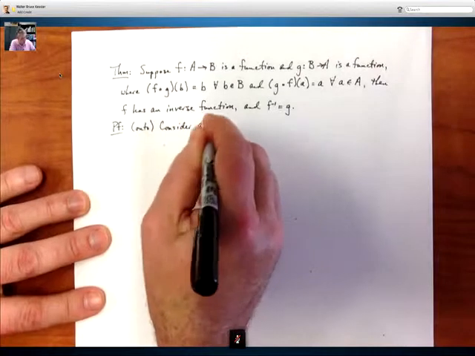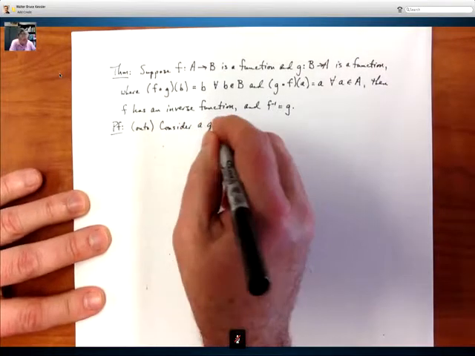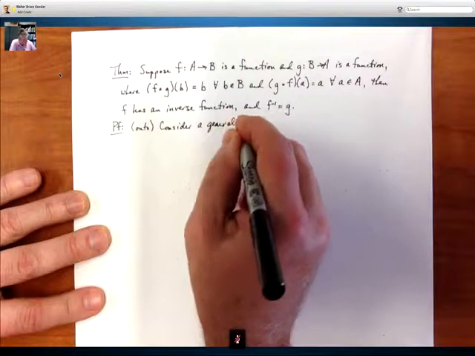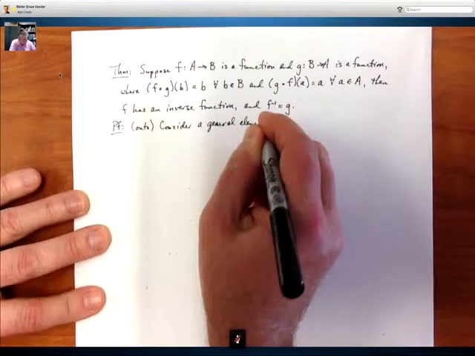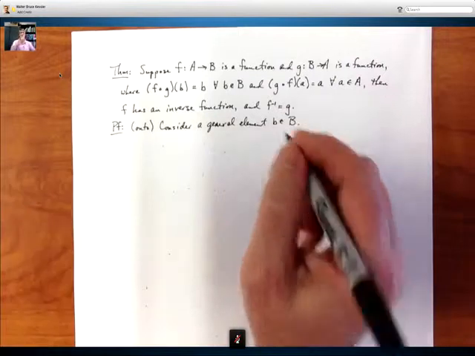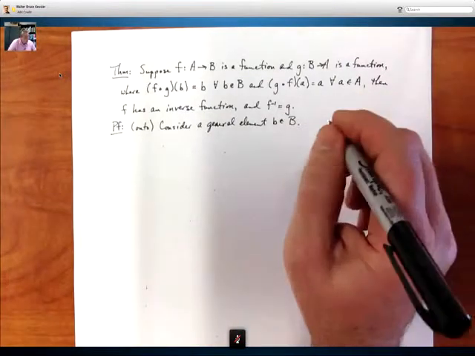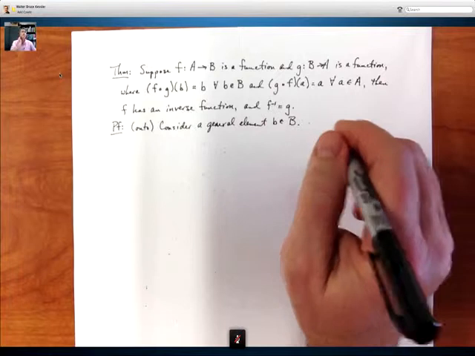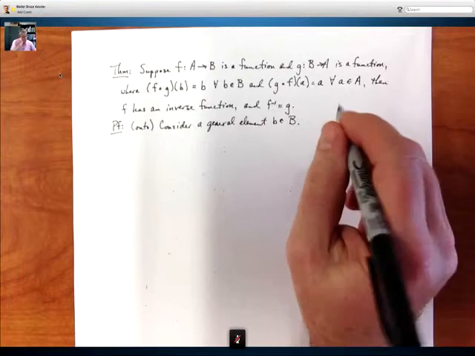So consider a general element B in the set B. Okay? Then